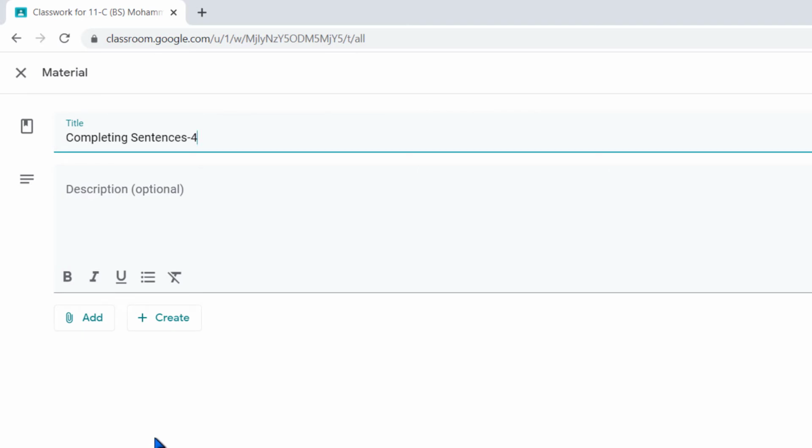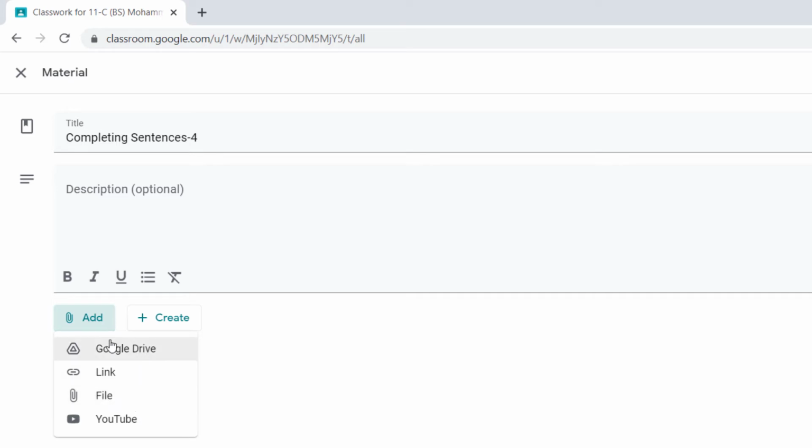For adding or connecting a video with this, I should click the add button. I am clicking add. Then I can add a video going to Google Drive, or going to link, or going to file option, or from YouTube I can also add a file. But now I like to add a video from my Google Drive because I have already recorded the class and it has already been stored in Google Drive. So I will connect a file from my Google Drive.